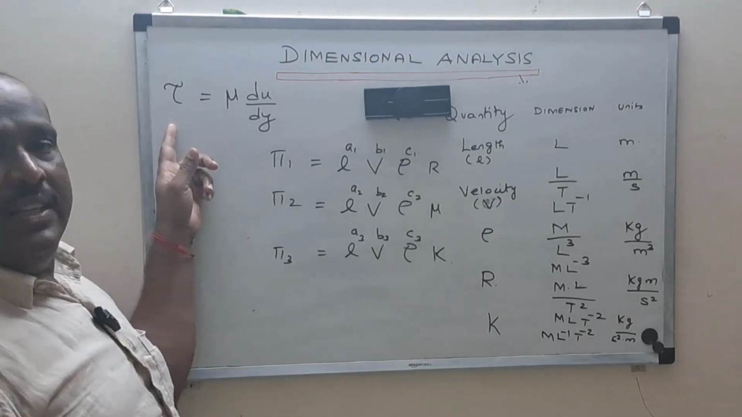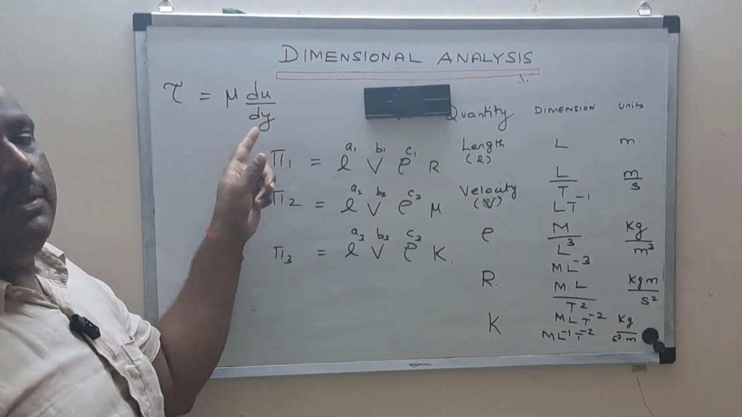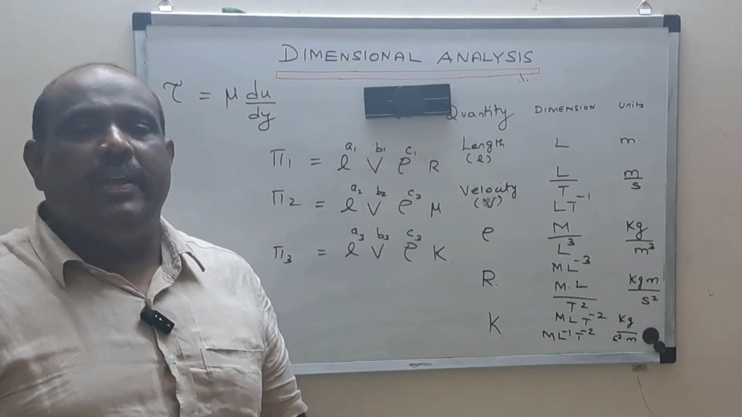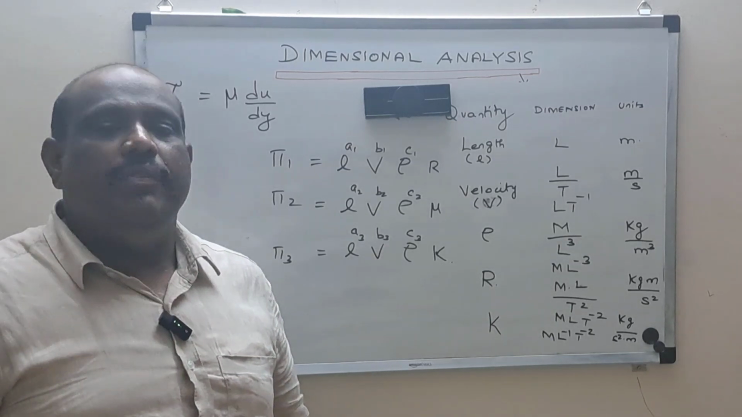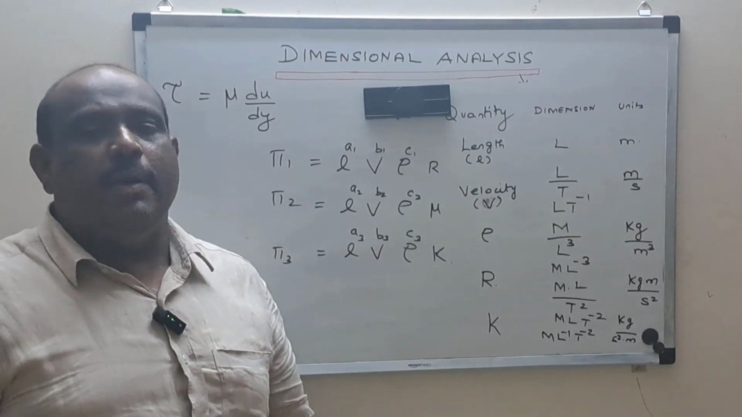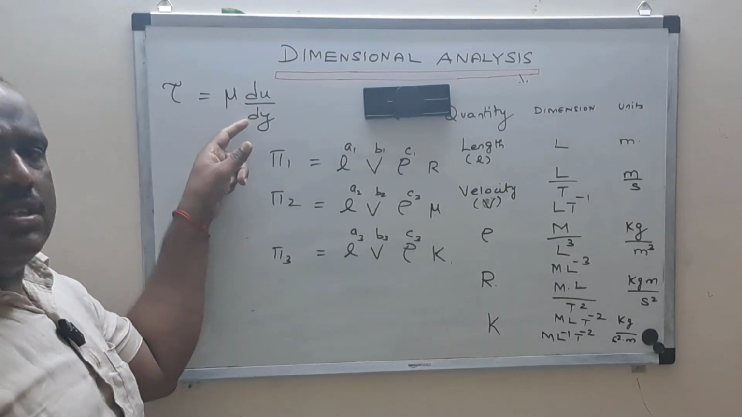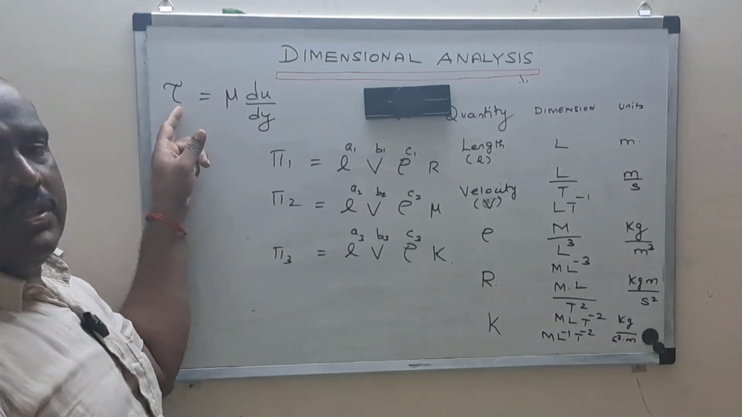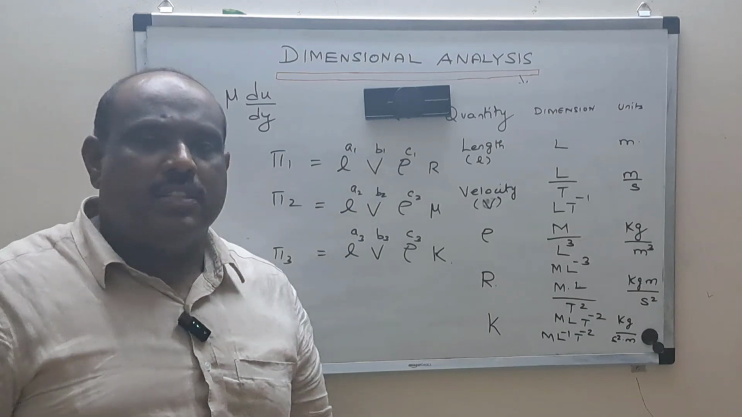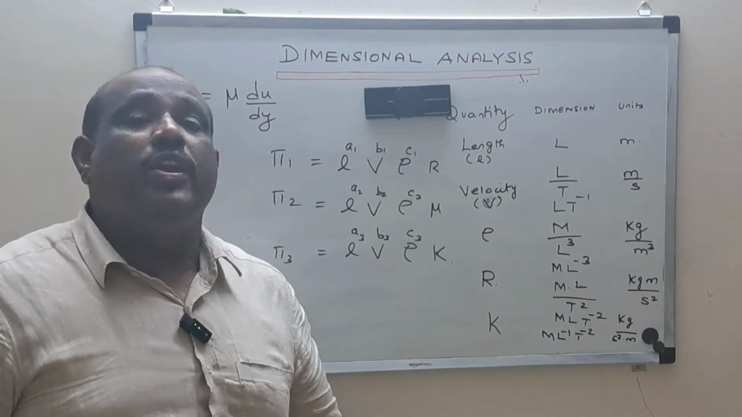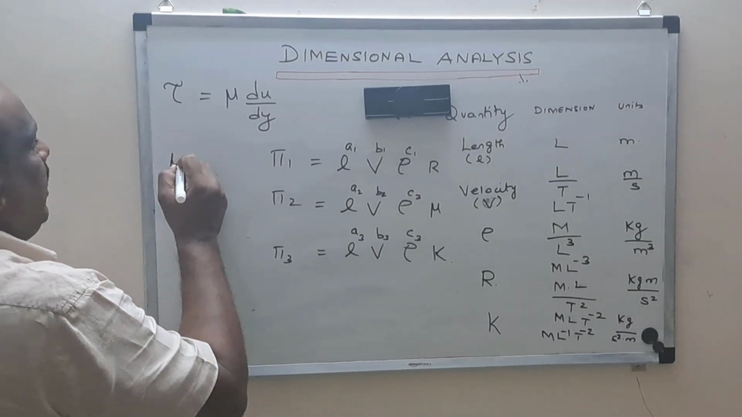Here tau is the shear stress, so it's force per area. du is velocity, dy is distance. From this we will be able to obtain the unit of mu, and from the unit of mu we can arrive at the dimensions of mu. This du by dy is called the velocity gradient, or the rate of shear strain. The shear stress is directly proportional to the shear strain, and any fluid which obeys this law is called a Newtonian fluid. So here mu will be equal to